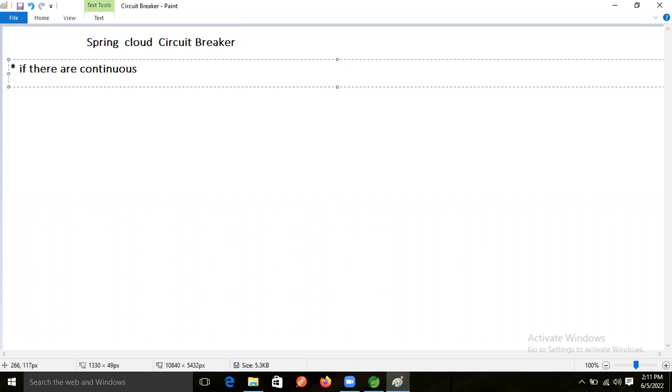If there are continuous exceptions raised by the application, then stop executing the actual logic